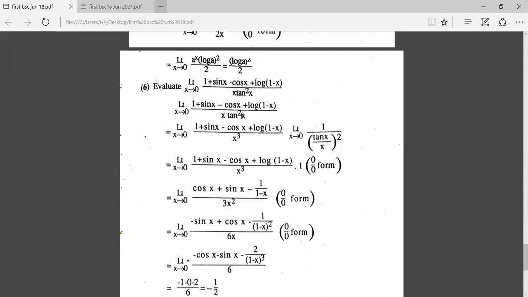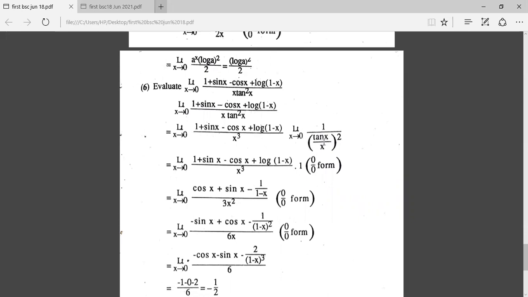We shall write tan square x as tan x by x whole square. If that were to be the case, you have to adjust this x square. So that adjustment is being made here, it is x cube. Therefore, you have to multiply and divide by x square here. Already one x is there. If you multiply that by x square, you will get x cube. And one x is being adjusted here, tan x by x whole square. It is nothing but tan square x by x square, limit x tends to 0.